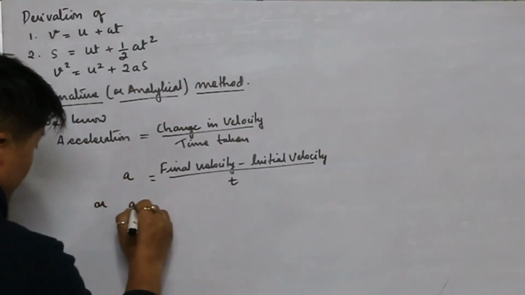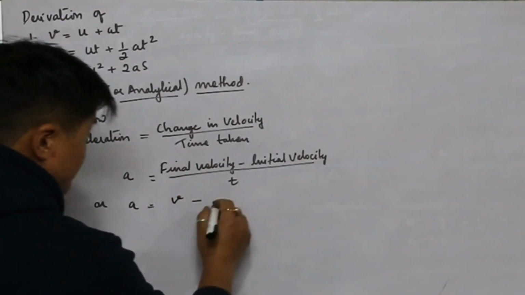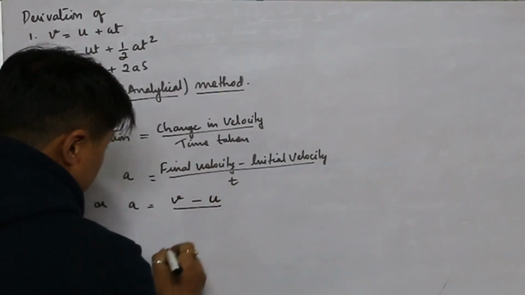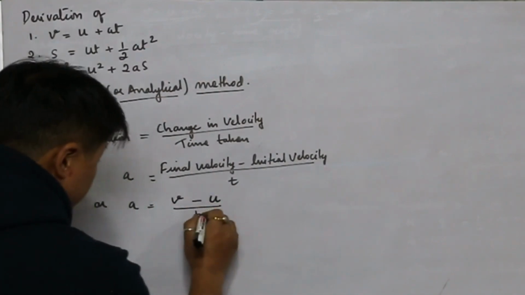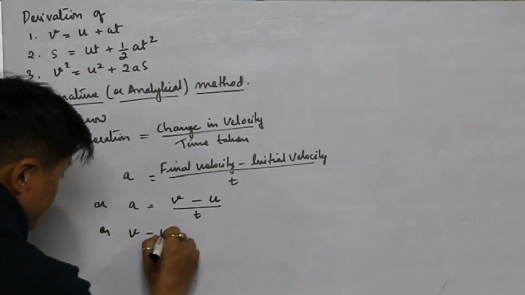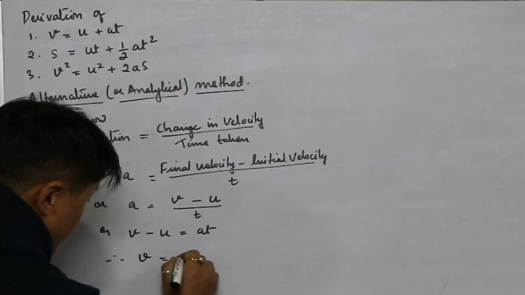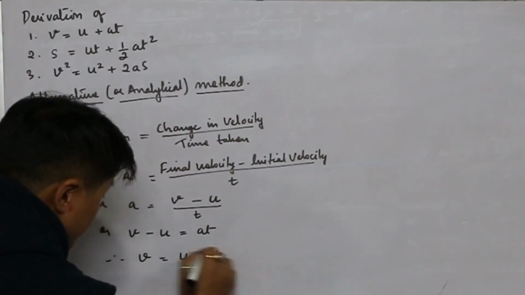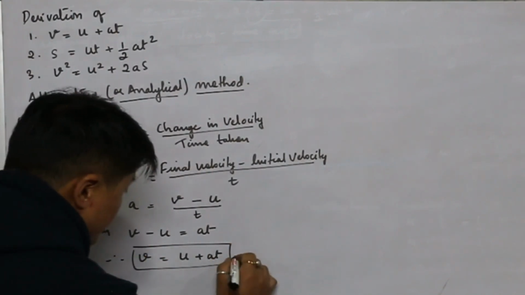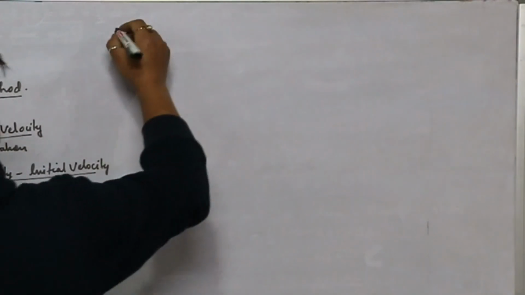Or we can write a is equal to final velocity, which is v, minus initial velocity, which is u, upon time, which is t. We will do the cross multiplication. Similarly, v minus u is equal to at. Therefore, v is equal to u plus at. So we got the first equation here. This one we have done. Okay, for the second one, we will do here